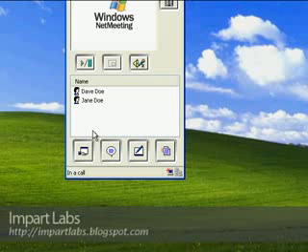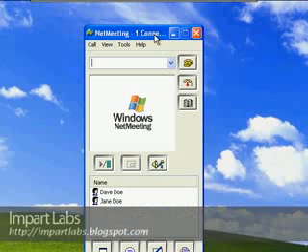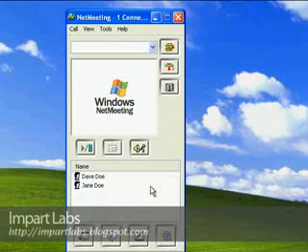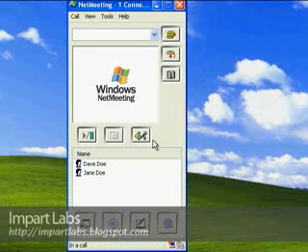And what else we have to do right now is to go ahead and talk about the features that it has. First of all, before we go through the features, one other thing that you have to do. Normally Windows NetMeeting has a problem